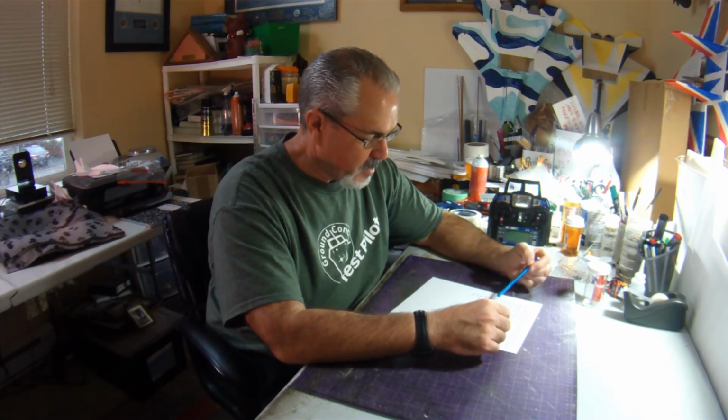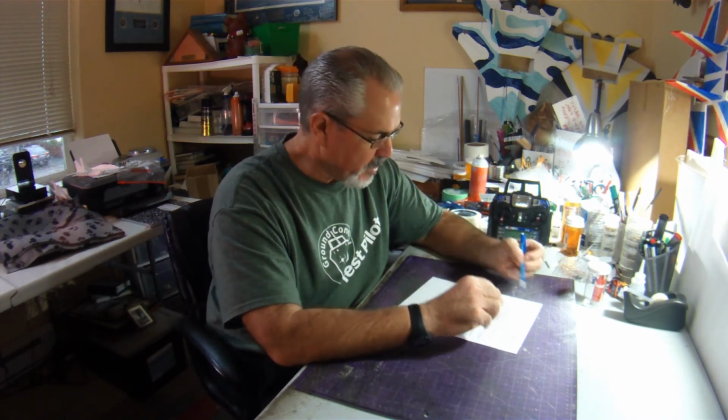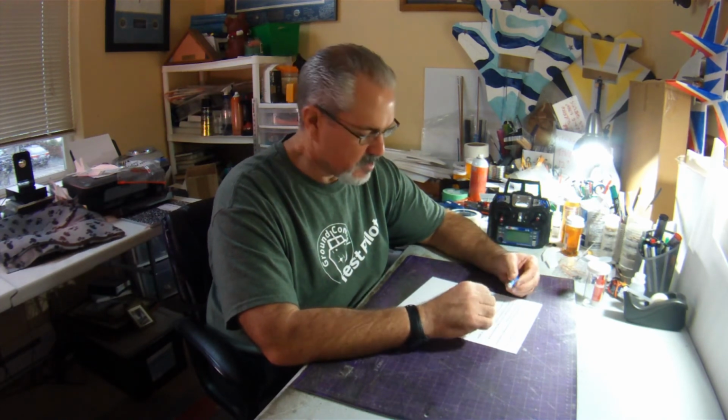So that's another. It is billed as kind of a trainer slash aerobatic plane. The SU-34 version 4, which I never built, but it was extremely popular as a trainer for RC Power. So this is kind of the update to that, and I like it because it's a little bit smaller. I'm going to just put a standard power setup in there, 2212, 2200. I'm not going to mess around with it initially with a quad racing motor setup, but anyway, that's something that I'm thinking about